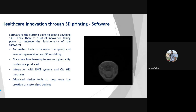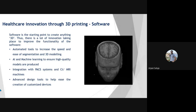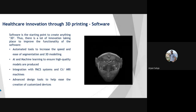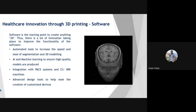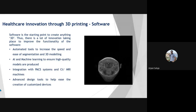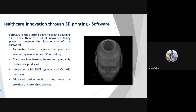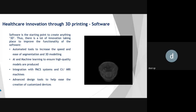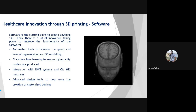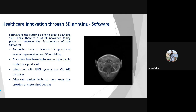Also, to ensure that the model that is created is of the highest quality and accuracy, there's lots of AI and machine learning going into the software, so that the software can keep learning what is good and what is not good, what is a good model and what is a bad model. There's also lots of integration happening with the legacy systems, with the CT and MRI systems and PACS systems,